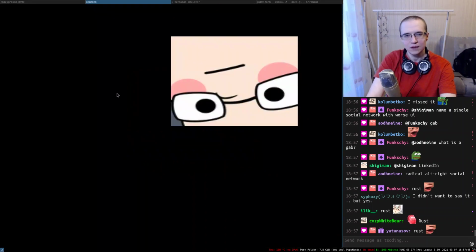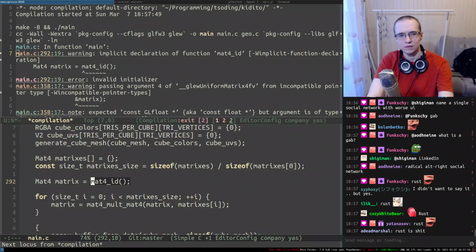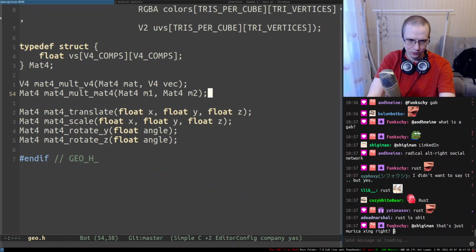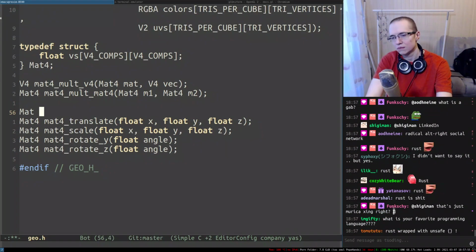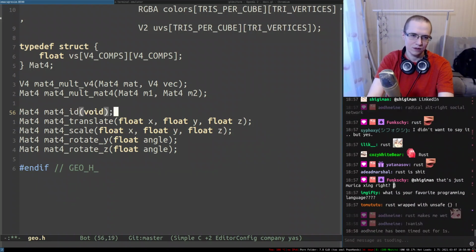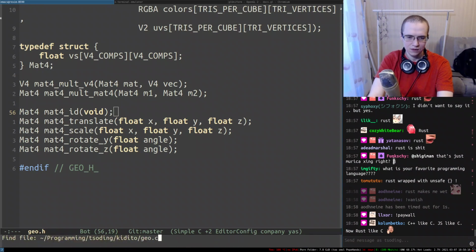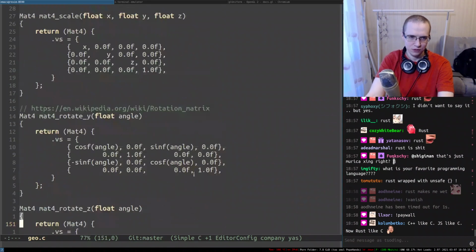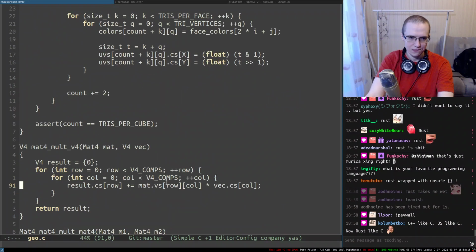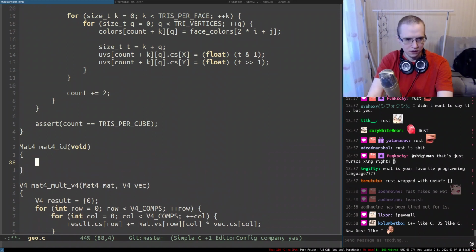I'm sorry. Okay, so this shit didn't compile, by the way. Mat4. We don't have a Mat4 ID? Why don't we have a Mat4 ID? Mat4 ID. This is gonna be this. Rust makes me wet. Yes. Rust turned me into a wet developer. So where am I gonna put all this? I think I'm gonna put it somewhere here. Let's return